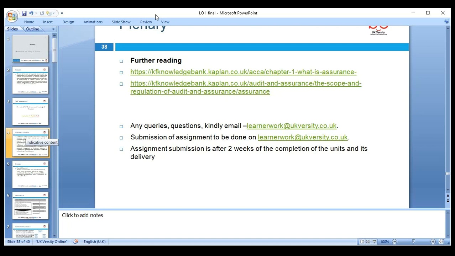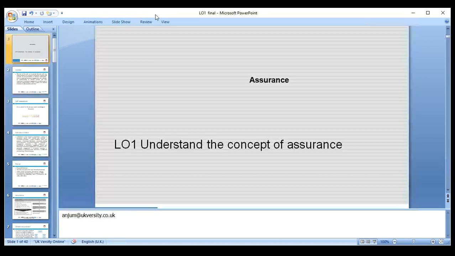We keep one lesson for the assignment brief, when we'll finish all the learning outcomes. Then we can say lesson 1 can be applied to this task, or lesson 2 can be applied to this task, or which section and which website, or where and how you can. So that's our thoughts. Okay, anybody, any question, please? If you have any question, you can drop me an email. That's all for today's lesson, understanding the concept of assurance.